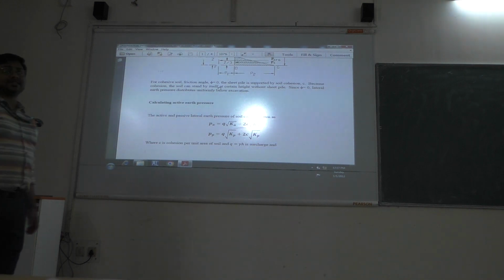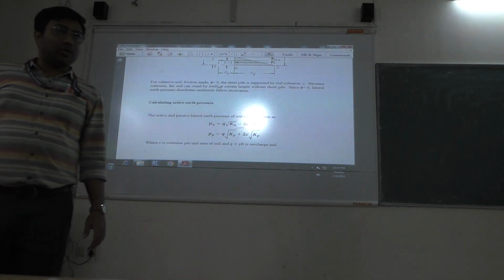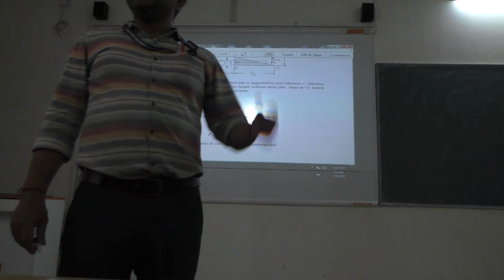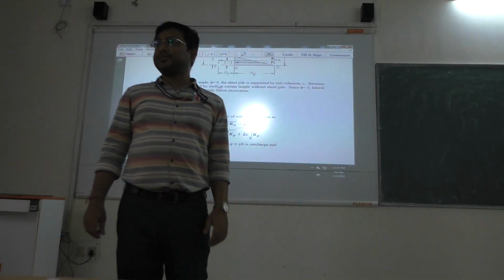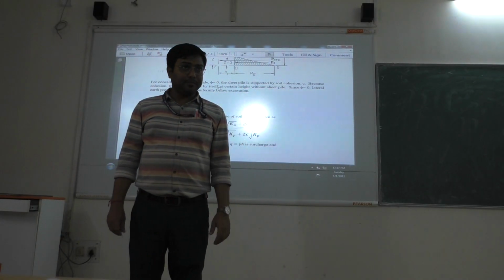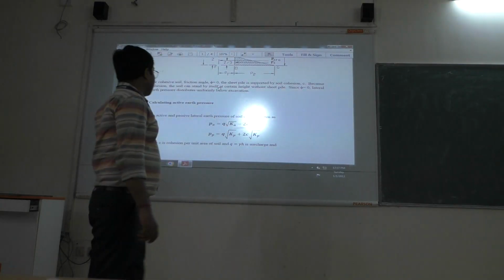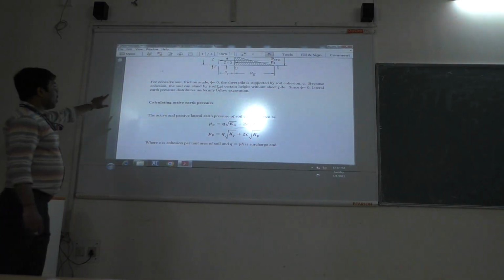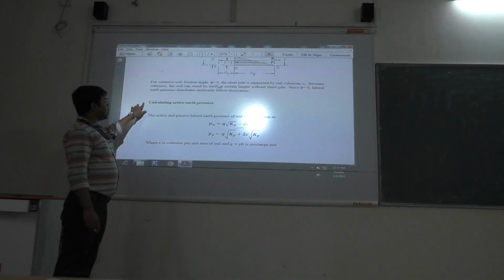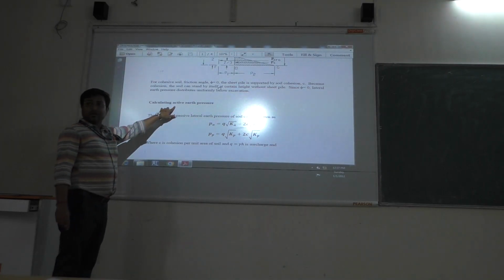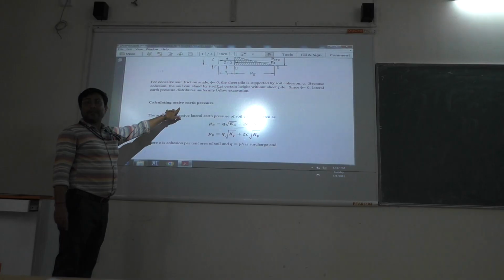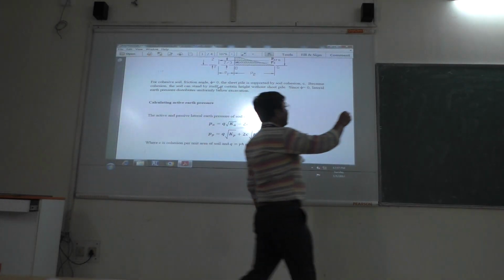The primary consideration is that we are considering the cohesive soil, purely cohesive soil. In the purely cohesive soil, phi is equal to 0. Now, the first step of the design is to calculate the active earth pressure and passive earth pressure. That means lateral earth pressure. First step is to calculate